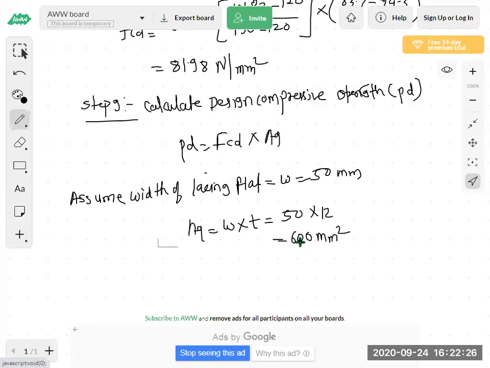Roll number 56 division A has raised one question to me. Sir, is this the same question that we did yesterday or are we doing another? This is the same question we are continuing, the last one. Yesterday we have completed only 8 steps, and from the 7th, sorry, from the 8th step onward we have continued up to here. Are you getting? We have continued the last problem. This is the continued problem.